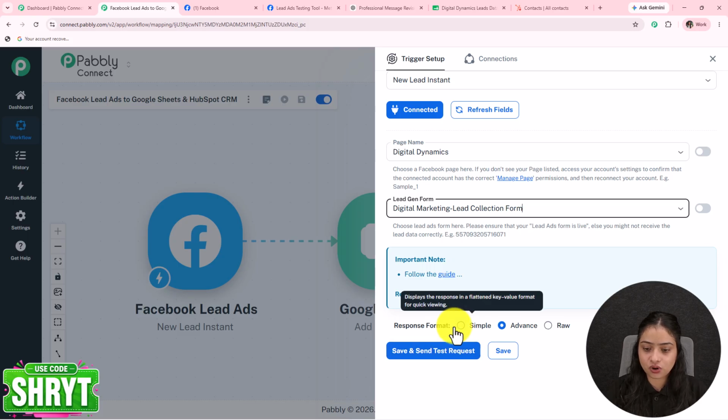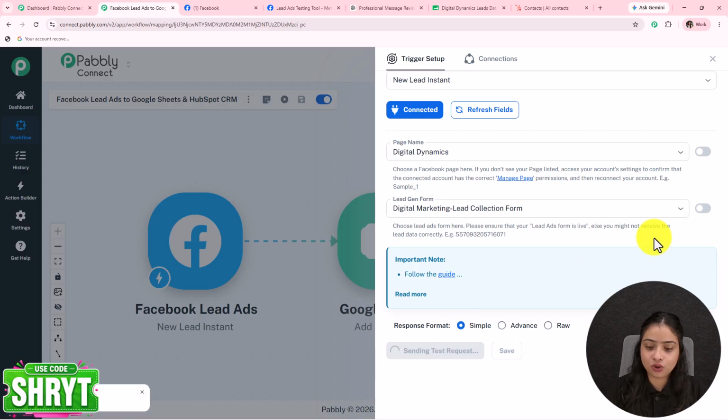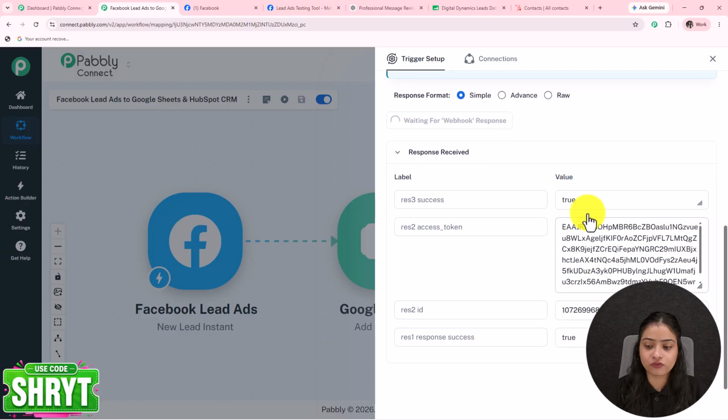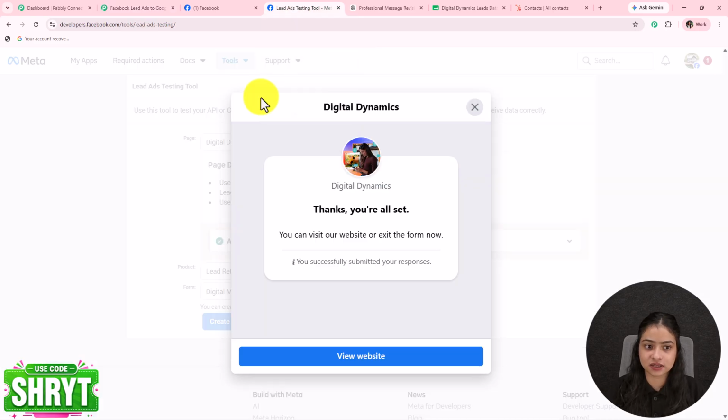When I click on the save and send test request button, the response will be captured. So let's click on save and send test request. How will the response be captured? Whenever the form is submitted. Currently I have not submitted the form, so I'm going to test it using the lead ads testing tool